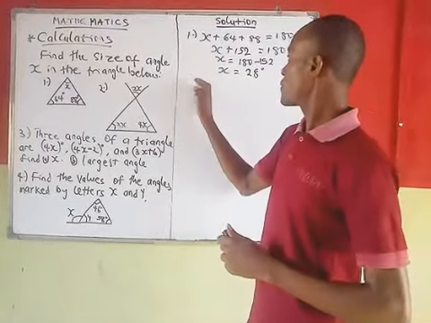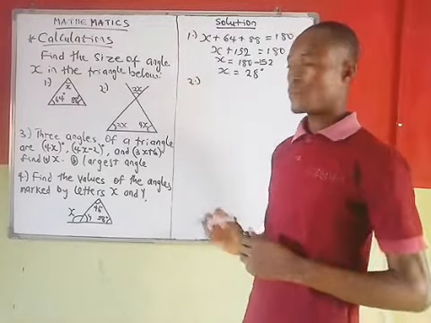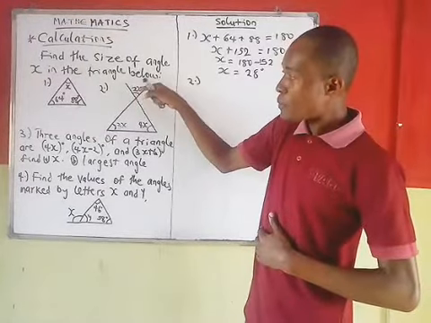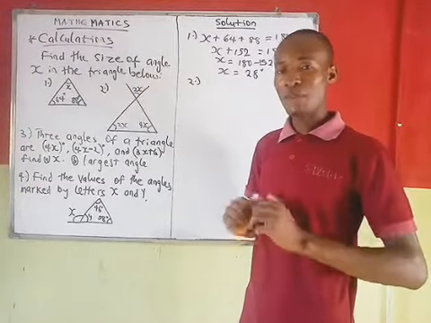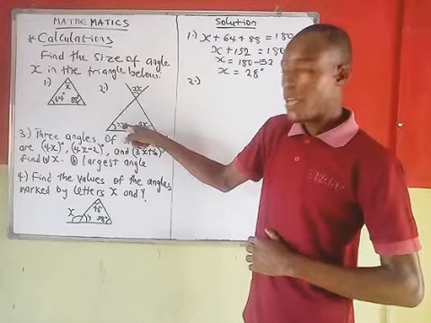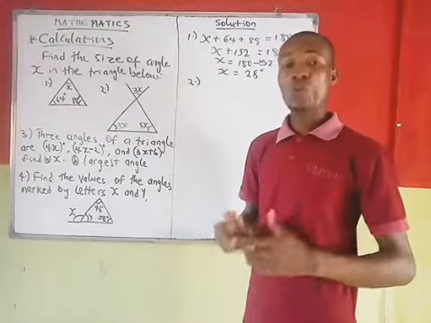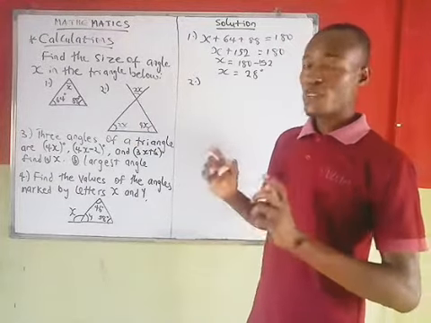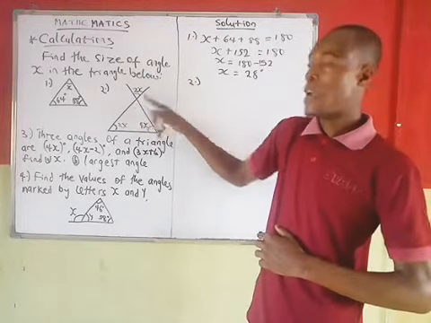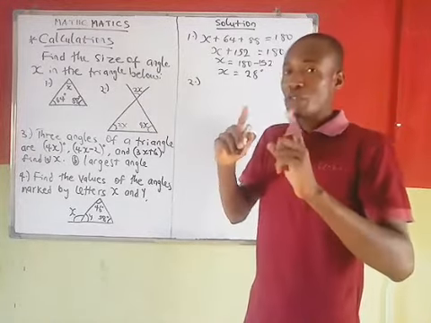The second one: we'll have here 2X outside the main triangle that we'll have to consider. We'll have the angles at the base, 3X and 4X. What do we do? First of all, we are meant to have an angle at the top part of the triangle. So now we'll have to recall